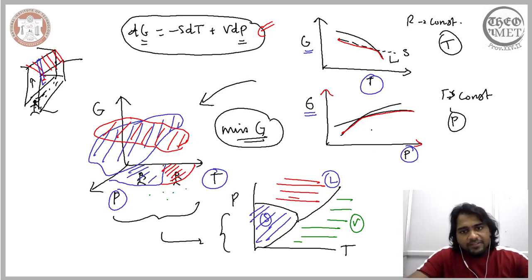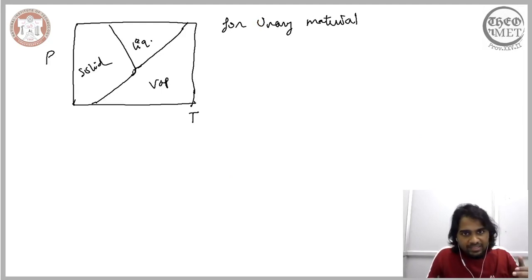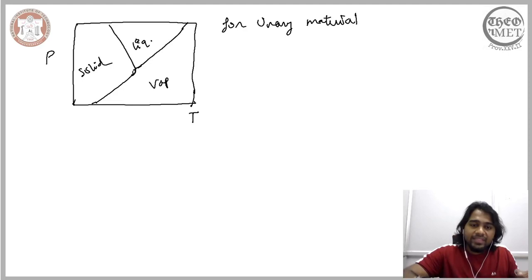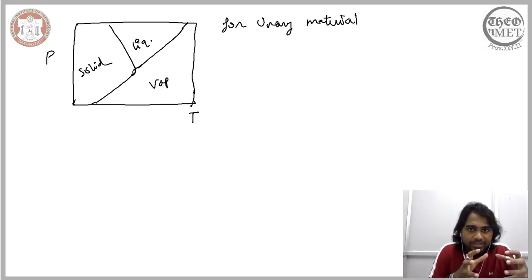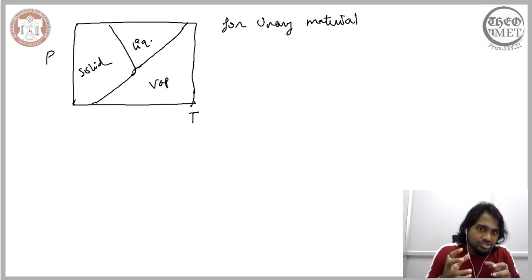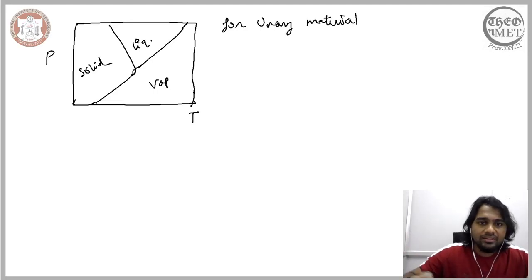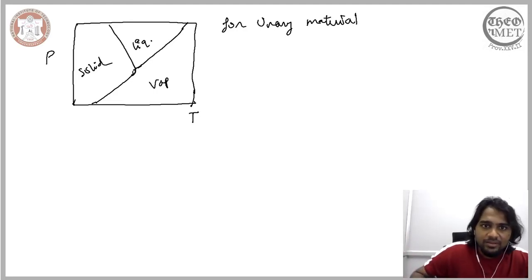Now the reverse can also be done, meaning from this phase diagram here, it is also possible for us to reverse our understanding and then plot how the Gibbs free energy changes as the temperature changes, how the Gibbs free energy changes as the pressure changes, assuming the other variable is constant. So, for instance, a simple example is, we can assume the pressure here is constant, and we can consider the change in the temperature like this.